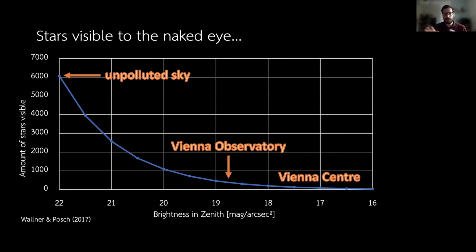Okay, 2% per year is maybe not that much, you can think. But if we go on with this 2%, or if we go on in Vienna, in Europe, in North America with the 6 or 7% increase per year, this would mean that the global average by 2040 is somewhere around here. Something about 14 to 15 magnitudes. This is the global average. So if we talk about big cities, for city centers, this value is much worse. And this means we can't see the sky anymore.